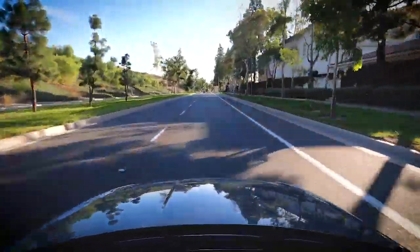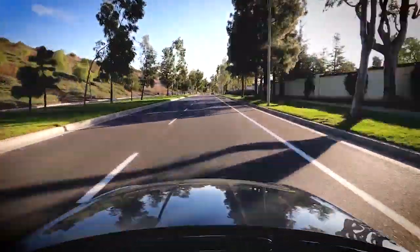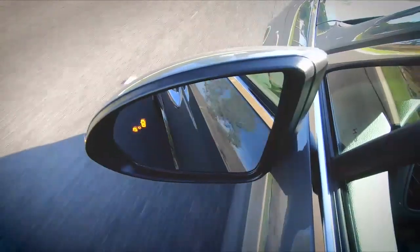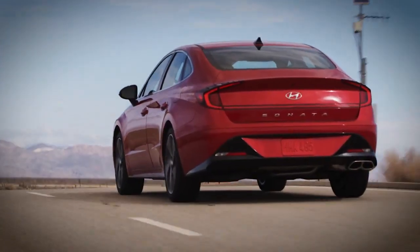We all know the feeling. You start to change lanes and there's a loud honk. You are about to pull into a vehicle that was in your blind spot. Hyundai's available Blind Spot Collision-Avoidance Assist system can help to act as an extra set of eyes on the road